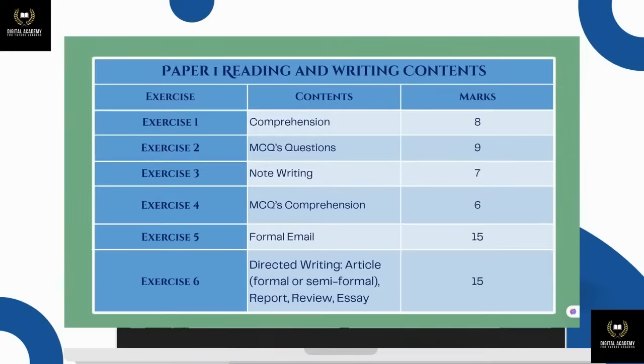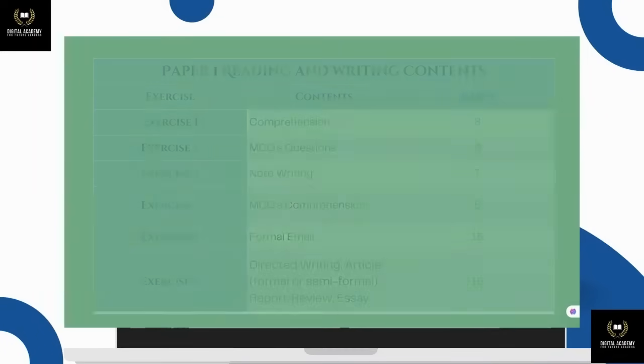And lastly, exercise 6 is a directed writing, from which you will be given a random topic from an article, either formal or semi-formal, a report, a review, and an essay. This exercise is also of 15 marks.